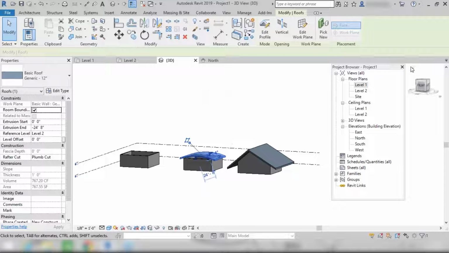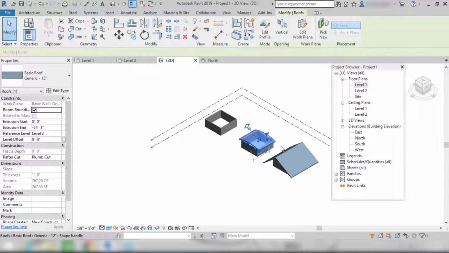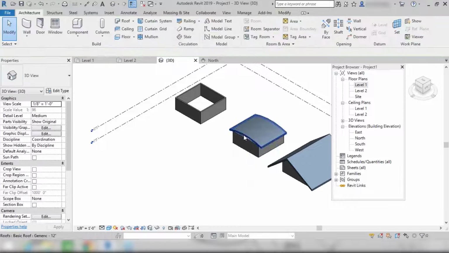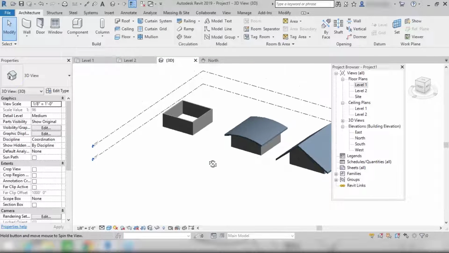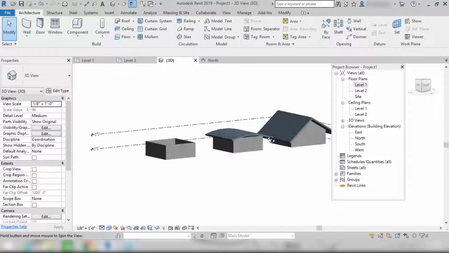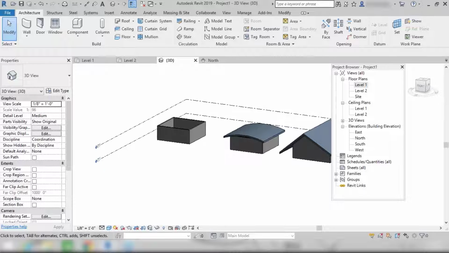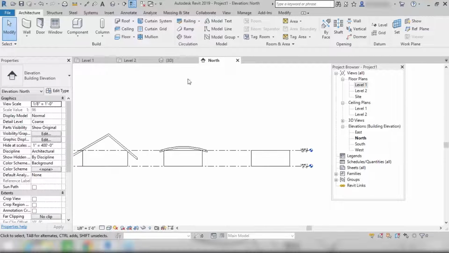Go to finish button and switch to 3D view. And here you can see that roof, right? You can click this and drag it to cover whole of your thing, right?